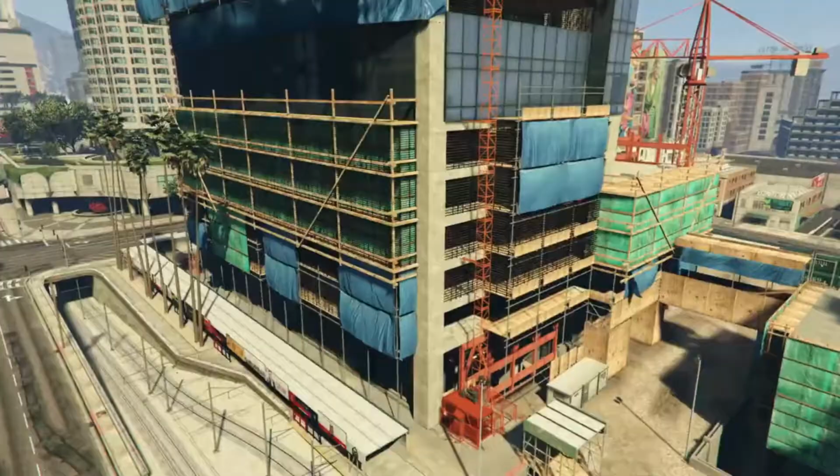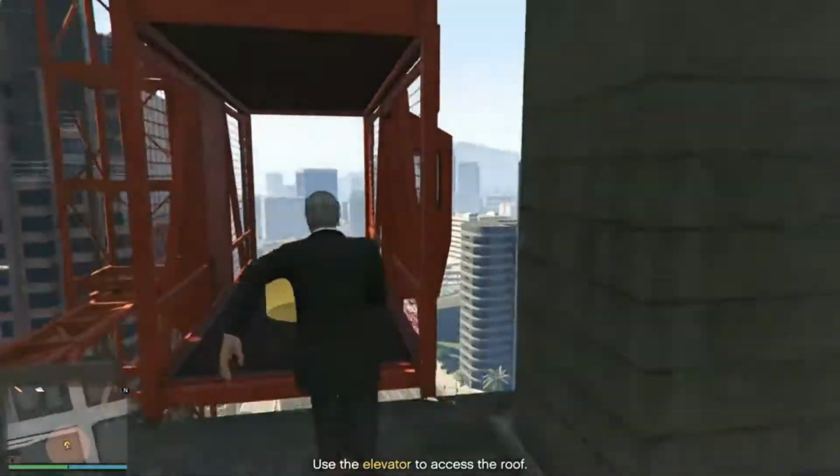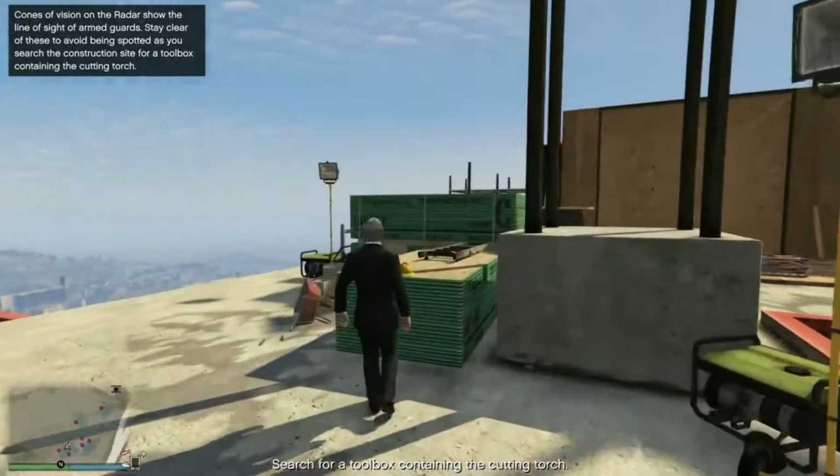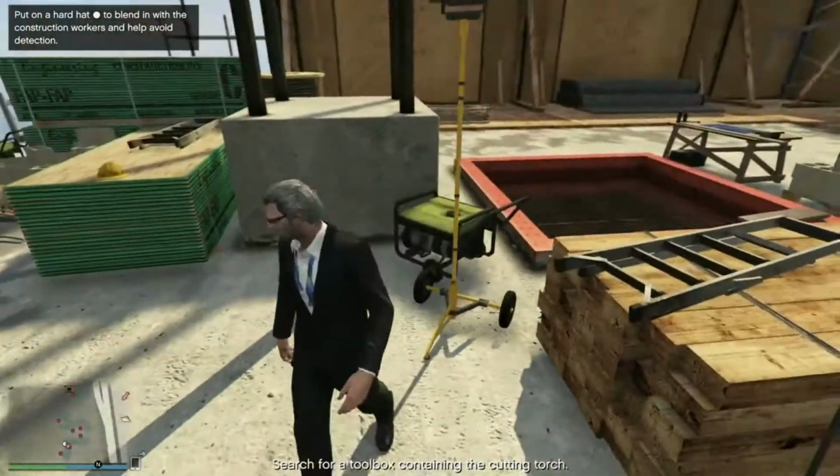This one is one of my favorites, as you simply land your Sparrow down and go out the elevator. It will take you to the next level. Make your way around the maze of construction to the next elevator and go to the top. Once at the top of the building, you'll want to locate the construction hat and apply it to your character,